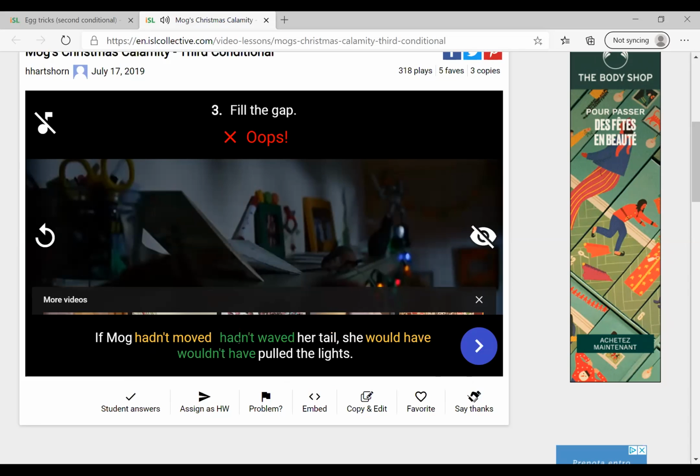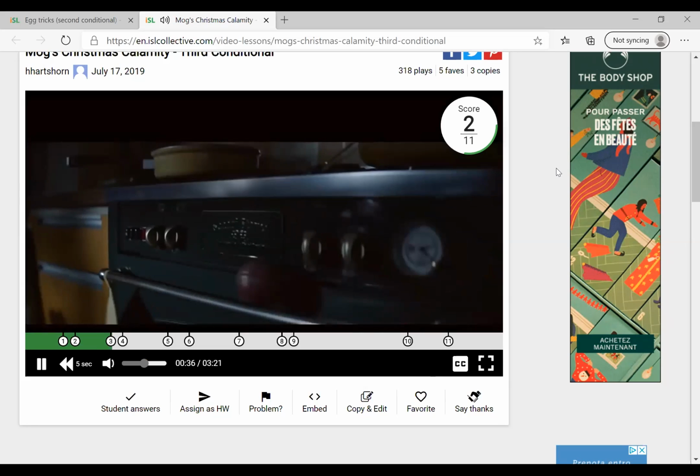So what was wrong here? They want the verb waved. This wave, okay, tail. She wouldn't have pulled the light. So yeah, they want the verb wave but not move. Okay. And now